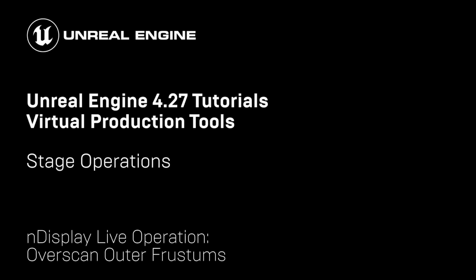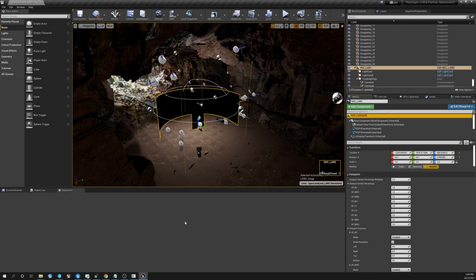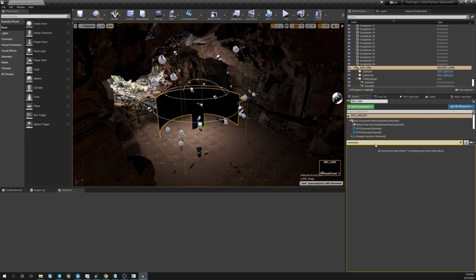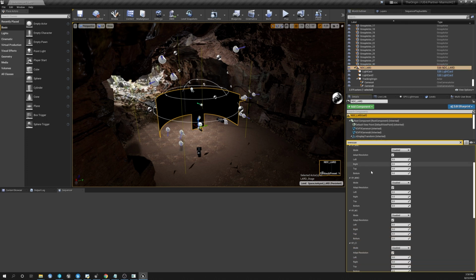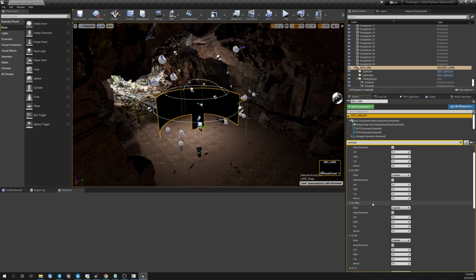While screen space effects are not recommended for use in a scene that's going to be used in in-camera visual effects, given the fact that each viewport is rendering independently, scenes which are dependent on those screen space effects or would wish to benefit from them as much as they can take advantage of overscanning the outer frustums. So while all you're going to see on the wall is what's visible within the range that's specified in your config, we do offer the ability to go to overscan on the outer frustums. So we go to our end display actor, to our root component, and search for overscan. We'll find viewport overscan for each of the independent viewports.